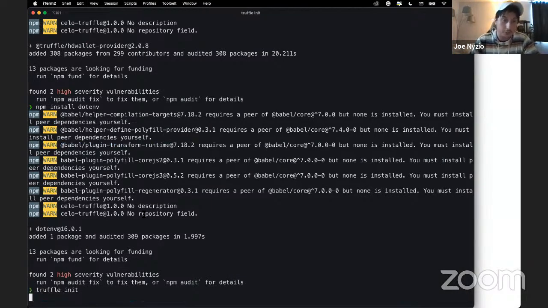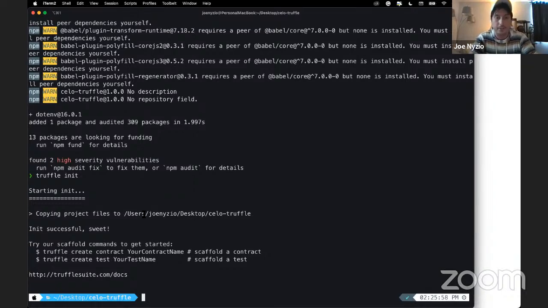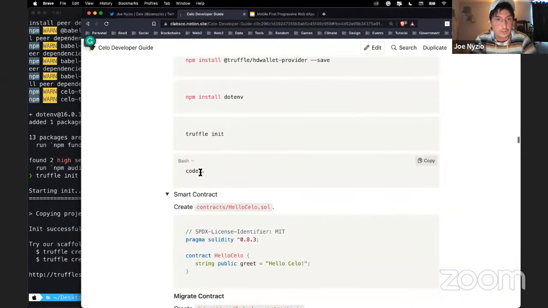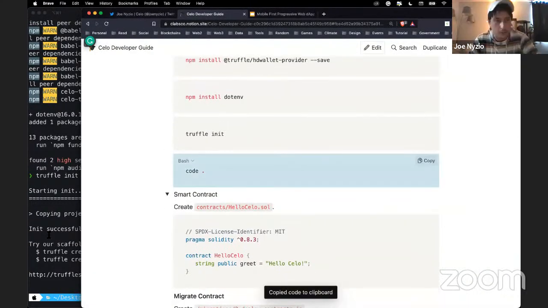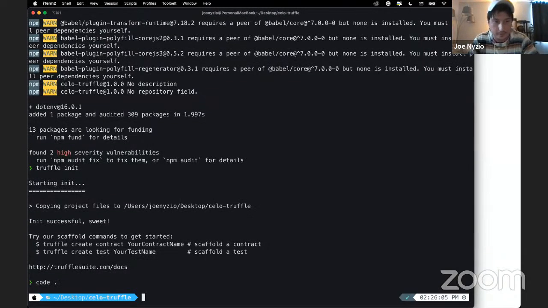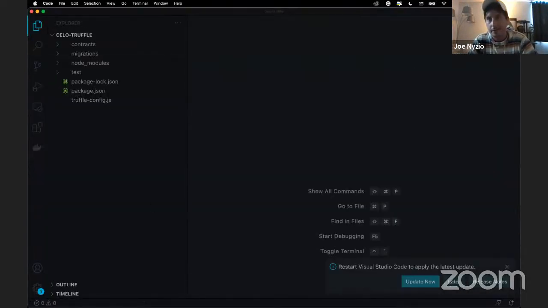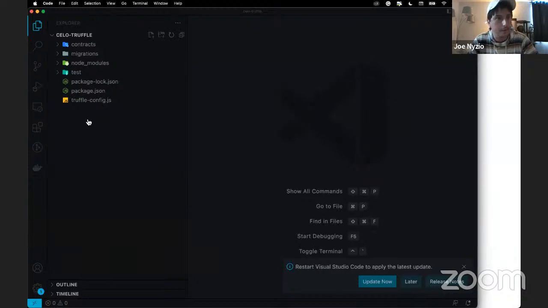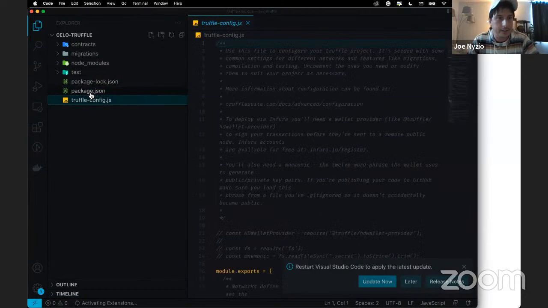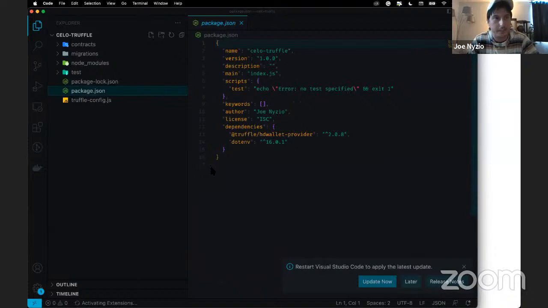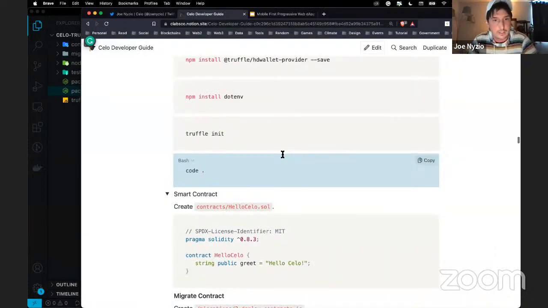And then you're initializing your Truffle project, which will give you the scaffolding for everything you need to start using Truffle. From there, I use this code dot. It just opens things up in VS Code, but open it up in whatever editor you like best. You'll have a contracts folder, a migrations folder, some node modules, a test package, a configuration file, and then your package.json once you get started.